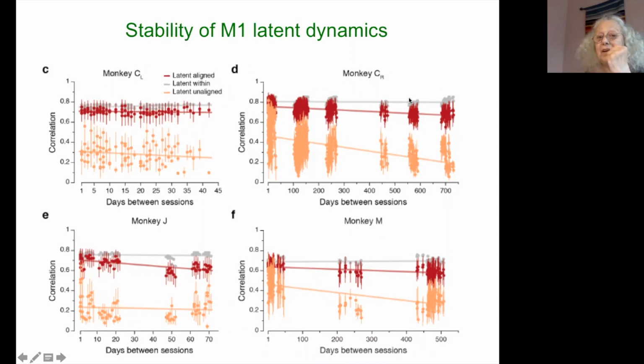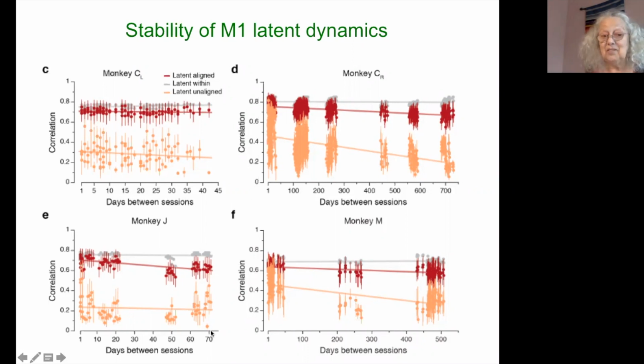But if you measure activity on day 1 and then on day 450, these activities are not very well correlated. The correlation coefficient has dropped from 0.8 to about 0.35 on average. But if you do the alignment that I told you about, then you essentially recover the correlations that we had seen earlier on. And this is the same thing for another monkey for which we have data for 45 days,